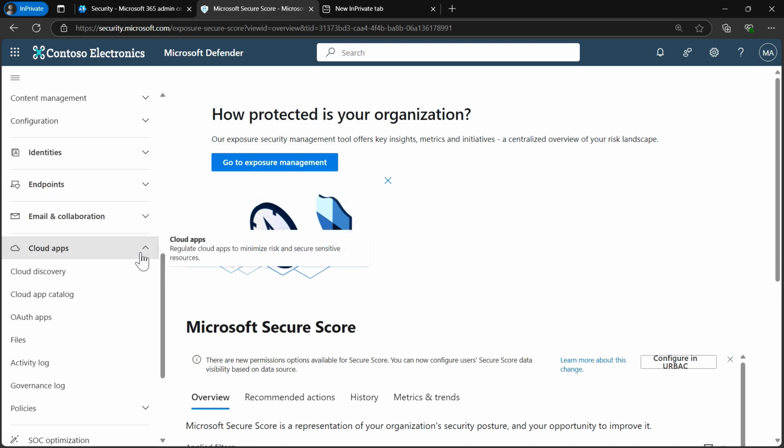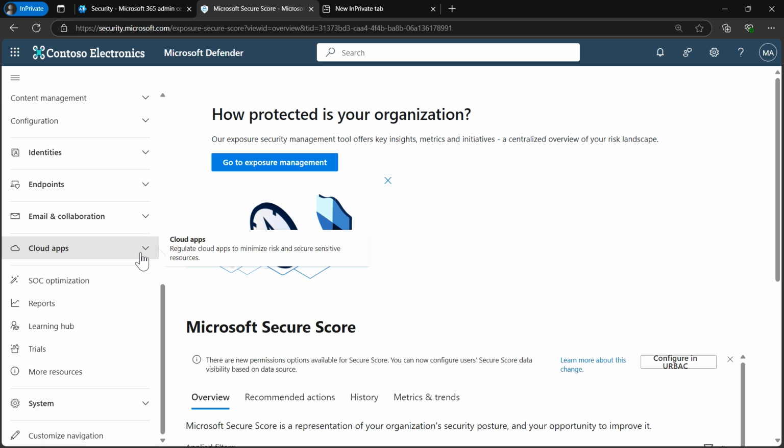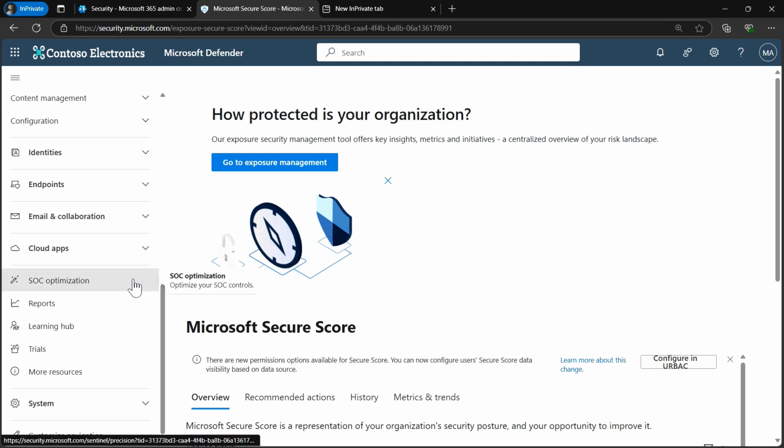Here again, Cloud Apps, and we have looked at it previously, where you could manage your cloud apps. We have SOC optimization, and in here you have the SOC optimization surface that's going to help you optimize your security controls, gaining more value from Microsoft security services as time goes on.